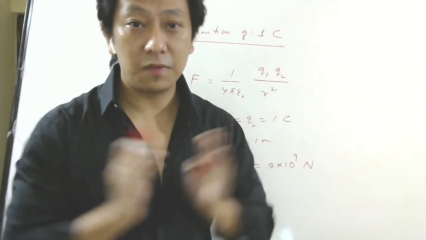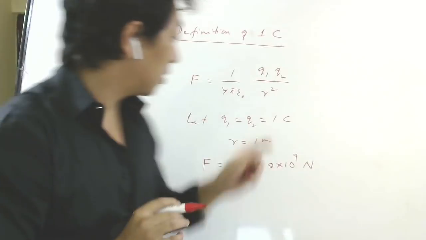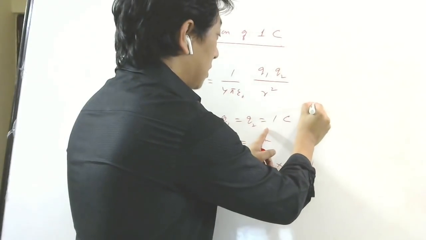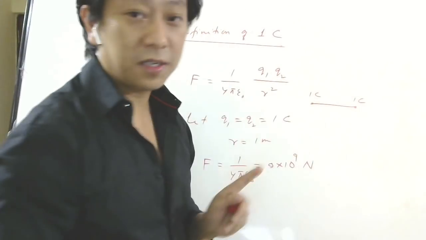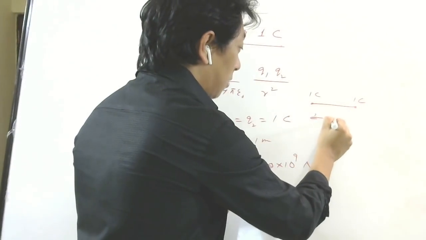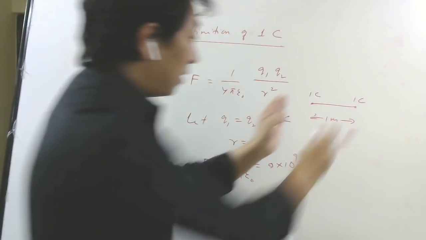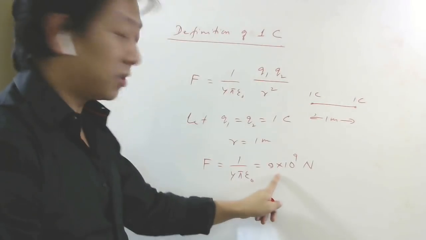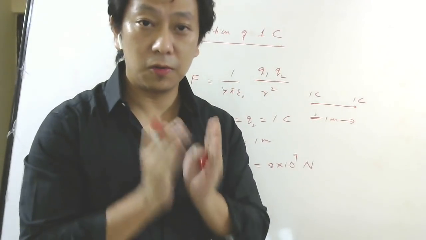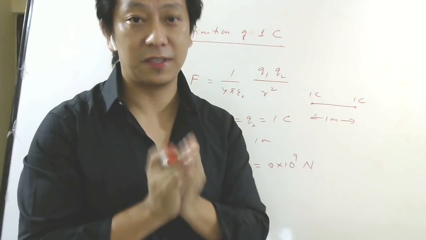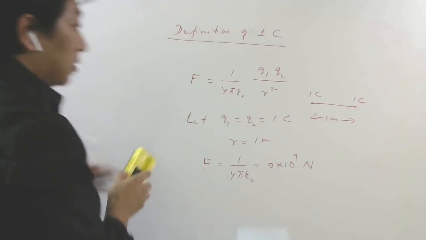So you can see the definition in the notes, given in the EPL. So let me repeat, 1 coulomb. If I have two charges which are 1 coulomb, that means it is identical charge. And if I say it is separated by 1 meter in vacuum, because I am writing epsilon naught, then they will repel each other with this much force. So that you have to mention. That would be the definition of 1 coulomb, which you have to write in your exam if it is asked. Okay, fine. So let us repeat just once.